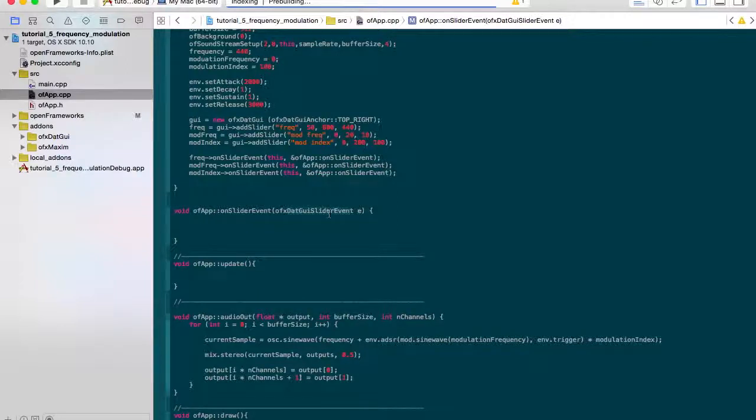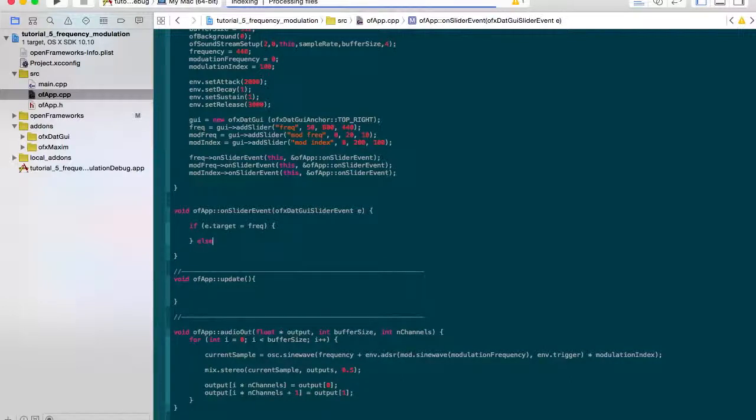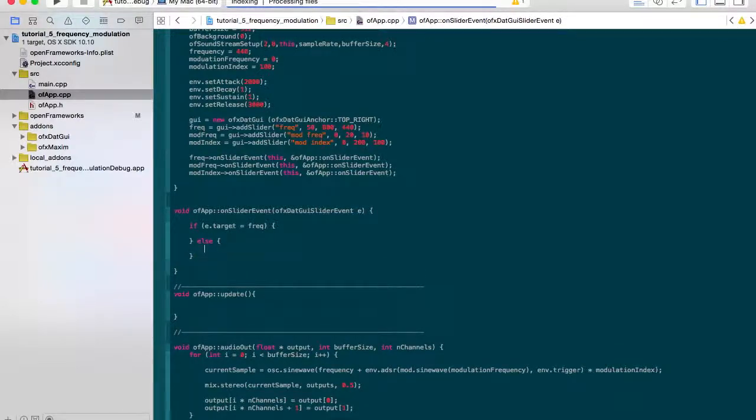So we're passing in this event here, and we can just use this handy little if statement and use this variable called e.target, which is a member field. We can just quite simply write if e.target equals frequency or freq, which is, you'll notice, the same name. So then do something. Else if e.target